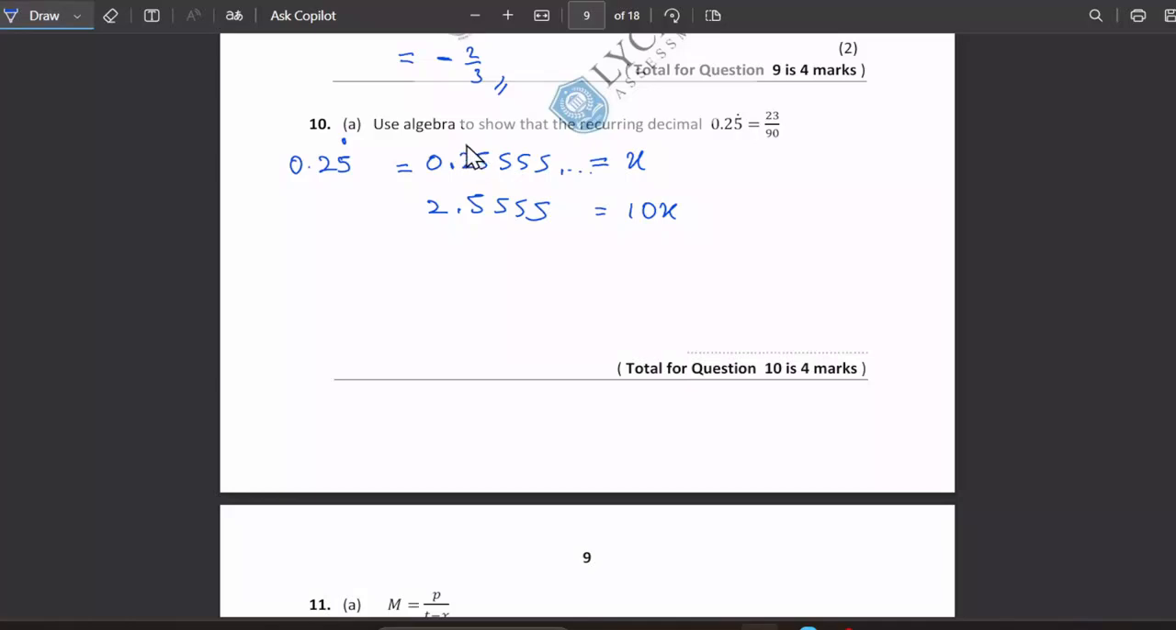2.5555. But now you see these two things, these numbers align with each other. Okay, so we can put another 5 here because we multiplied by 10. All the things shift to the left hand side by one place. So to fill the gap, I put another 5 because this is repeating until infinity. So it doesn't matter if we take another 5 to this. So now I can take this as 2, this as 1 and this as 2. So 2 minus 1, I get 9x equals